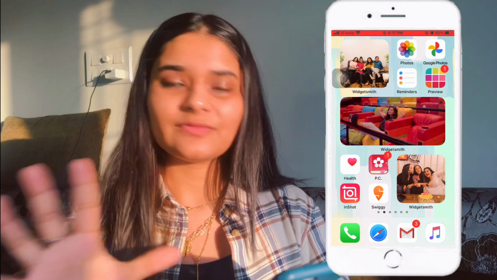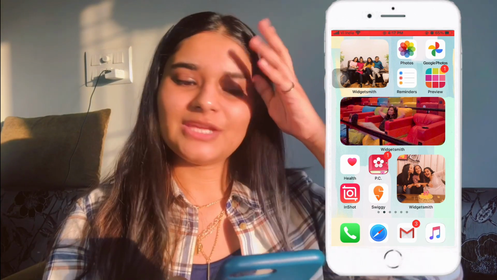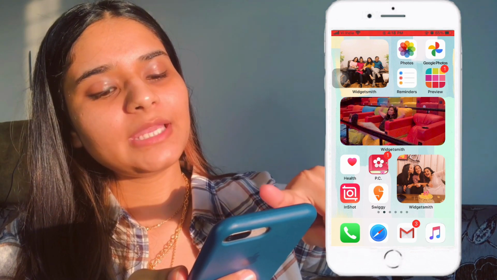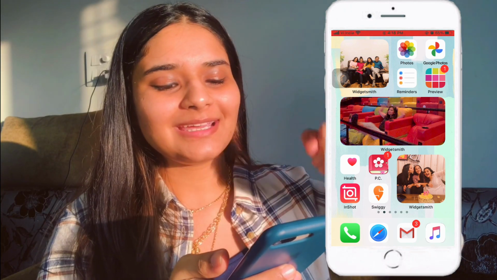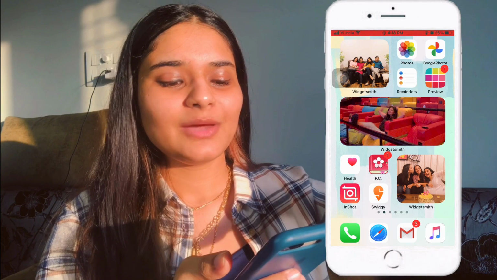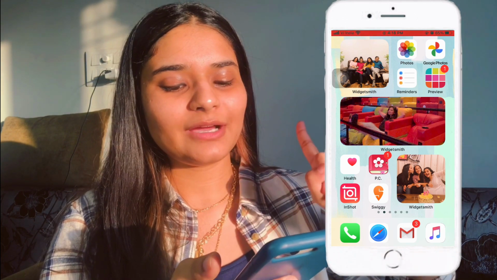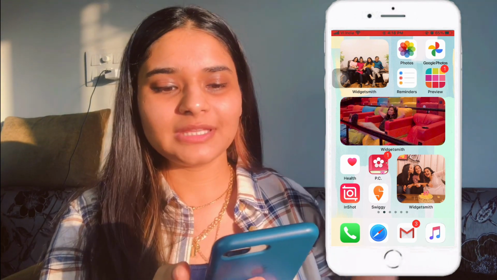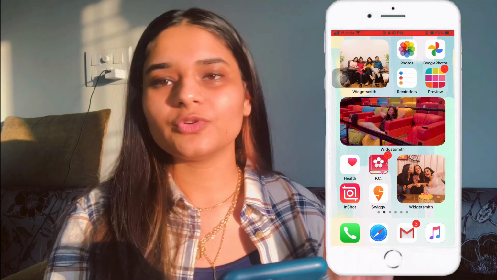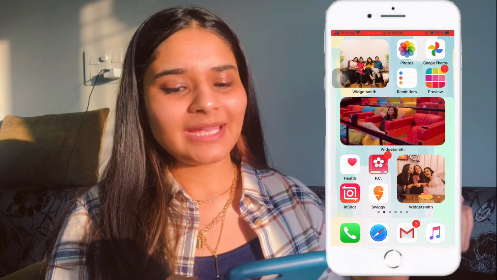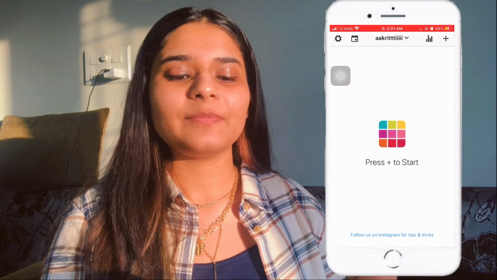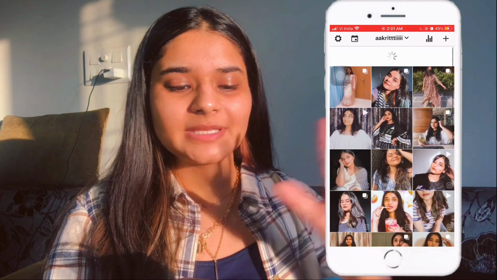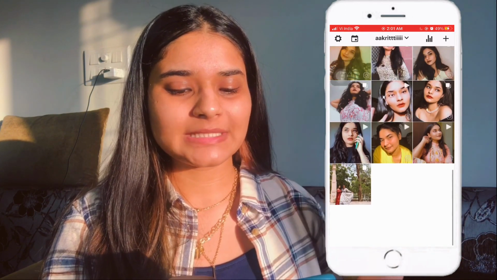Second page is very colorful. I love the vibe of this page. It has cute widgets. It is a family widget of my family. It is a photo of my family, a photo of me when I was super happy, and a photo of me with my best friends. And I love this page. It has gallery, Google Photos because taking a backup is necessary, reminders, Preview, which is basically an app that shows me how my Instagram is gonna look.